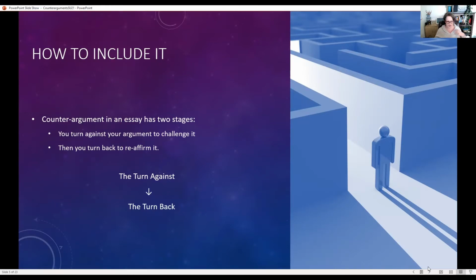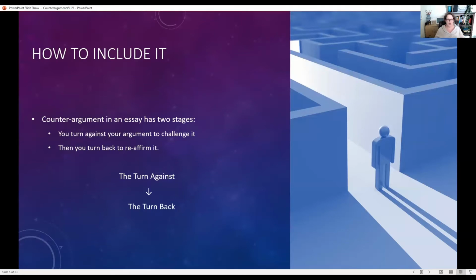It can really be a lot to assimilate, especially the first time, which is why we do this. And I will help you through the process of learning how to deal with the counter argument. So how do you include it in your paper without making your own stance seem weaker, right? Because that's what students tend to think about. Well, if I present the opposing viewpoint, that's going to make my opinion seem weaker, which is actually not the